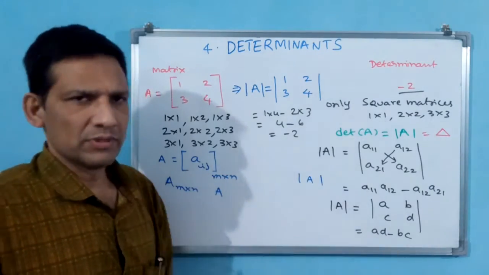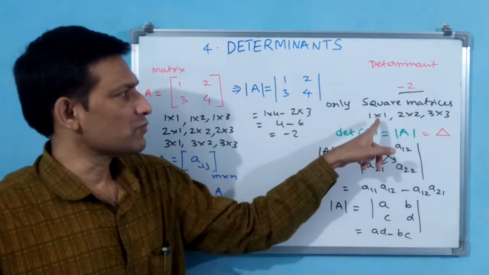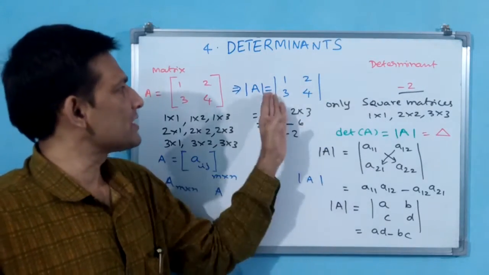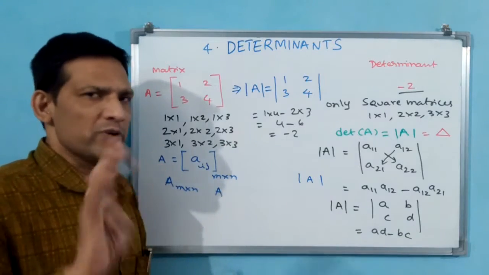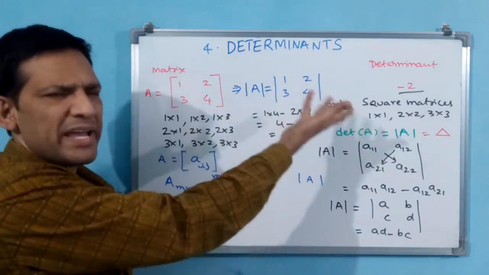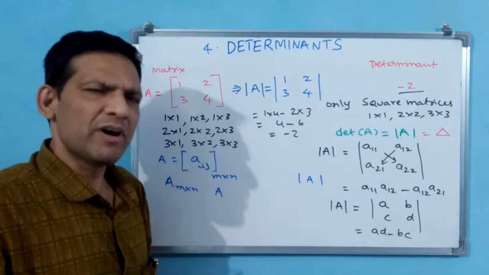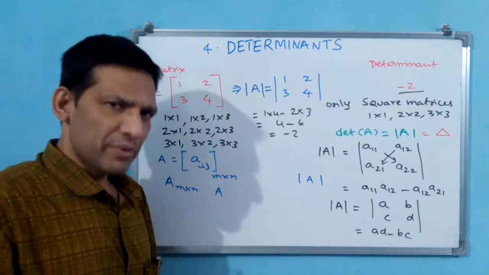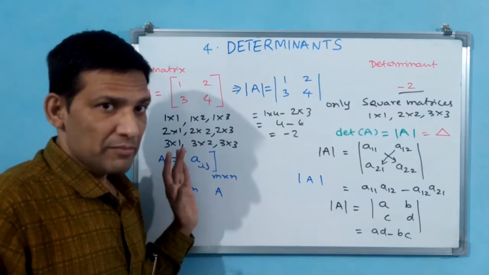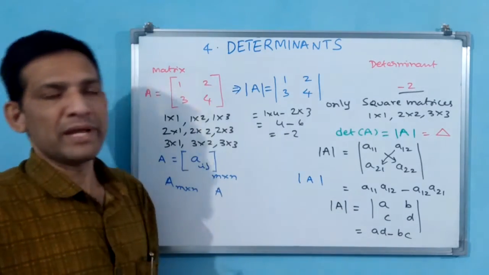Broadly we have seen 2 by 2, but still two are there, 1 by 1 and 3 by 3. Before going to 3 by 3, first we see the 1 by 1 determinant. How to find this value? Because 2 by 2 you understand easily: only 4 elements will be there, A, B, C, D, AD minus BC, that's all. Normally real numbers or complex numbers will come.